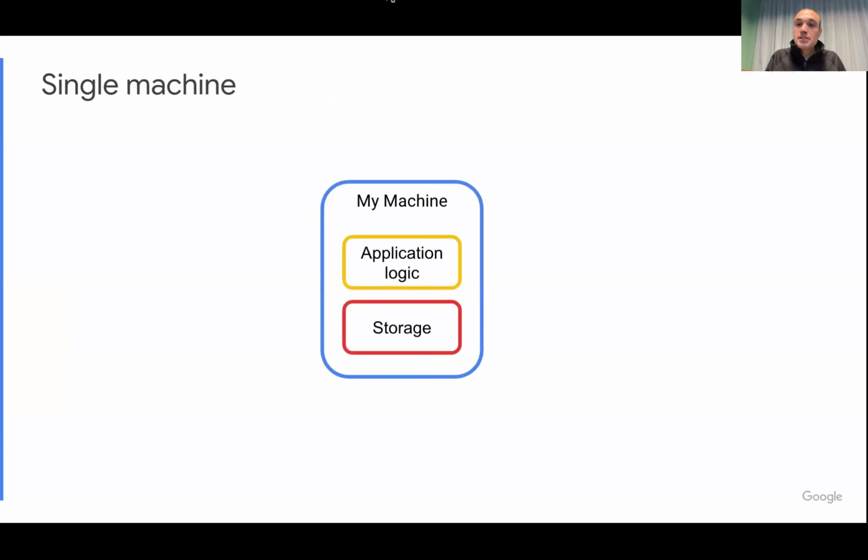So you start with saying like, we're going to do first a prototype, right? This is my Raspberry Pi at home. So I have a machine. It has the application logic. In this case, it's software that is off the shelf, right? This image, if you want to try it out. And then there is some storage. I have a USB disk, and there is my pictures there. This covers my use case for now.